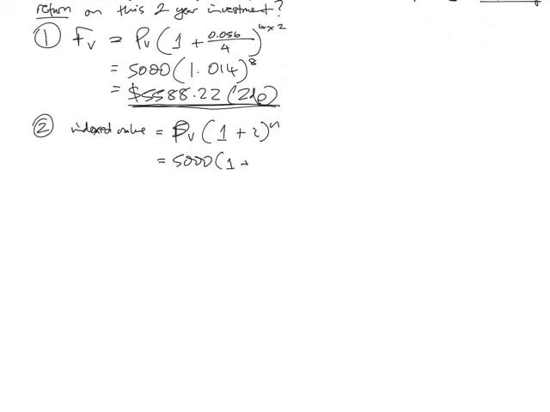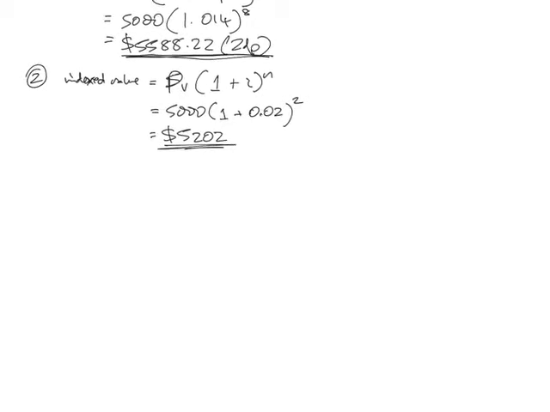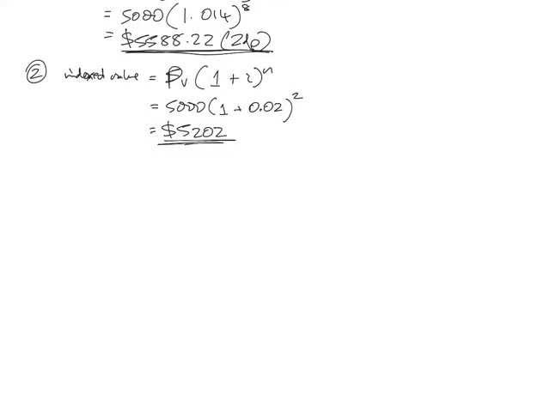So the inflation rate is 0.02. And then how many years was it? 2. So it's going to be 1.02 in the brackets to the power of 2 times by 5,000. That comes to 5202. So what that's telling you, the index value, is that your 5,000 is going to have to grow to 5,202 for you to have the same buying power with that money after 2 years. Okay, so we get to step 3 now, which is using TVM Solver,